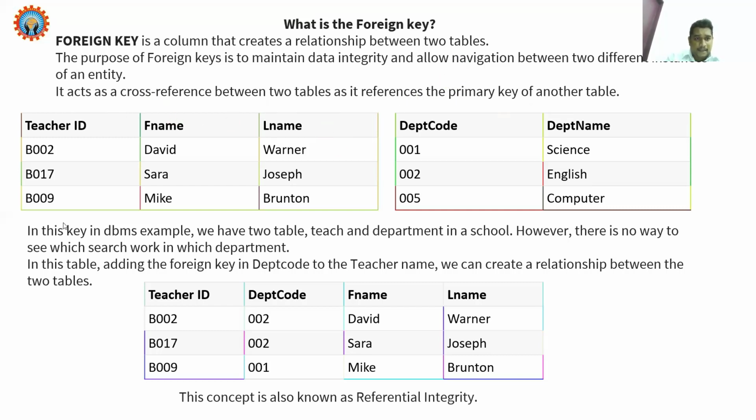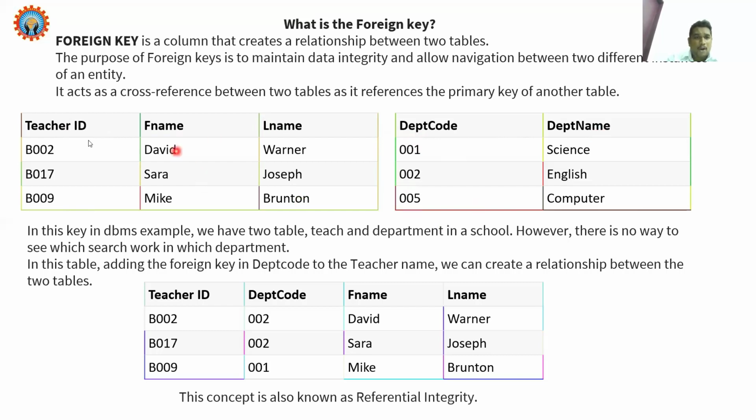Consider this is a table which is the teachers relation, and this is another relation called department code. In the teacher relation we have three attributes: teacher ID, faculty name, and lecture name. And department code consists of department name.